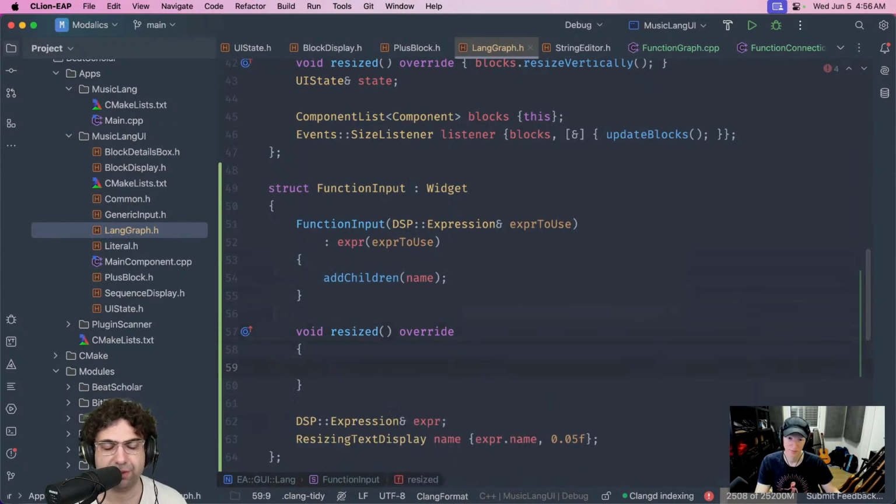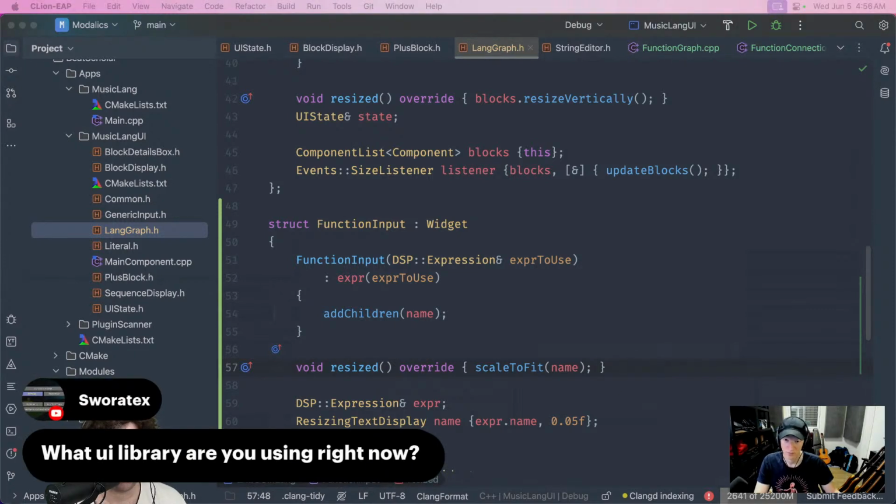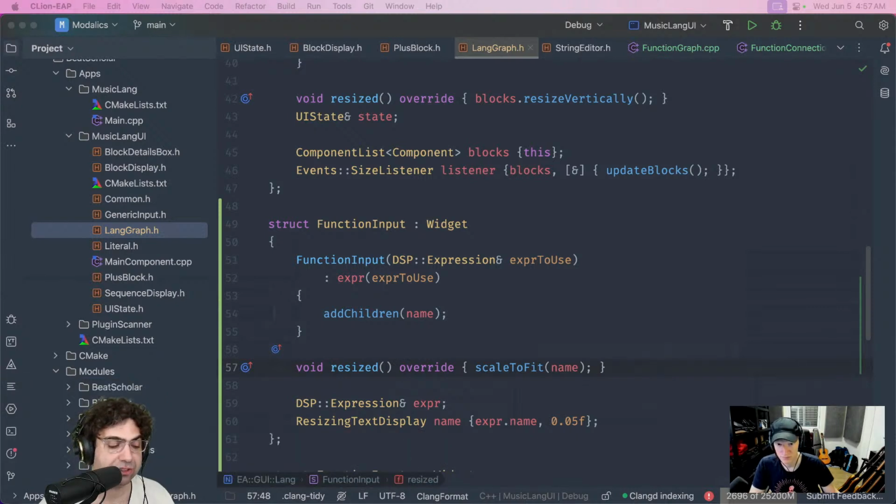And I'm going to have the name be the same size as the UI. So the question is, what UI library are you using right now? And the answer is, we're using our library, but it's built on top of Juice, right? There is a Juice classes in it, but almost all the classes that I'm using and the functions are based off patterns that we found. So we built this really nice library that expresses many patterns that we use.